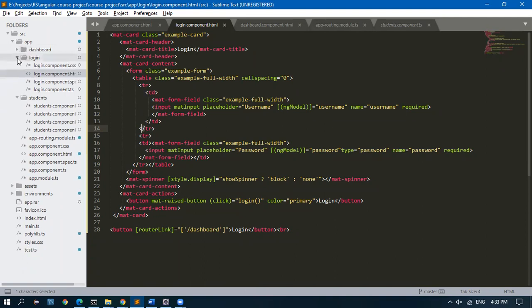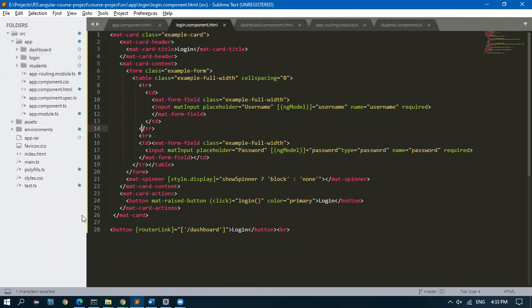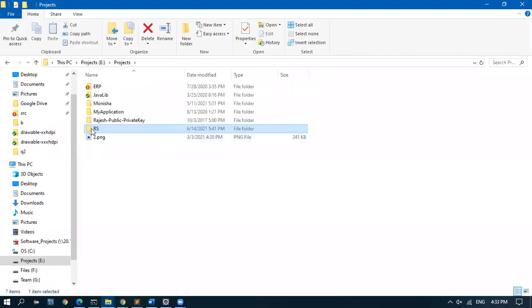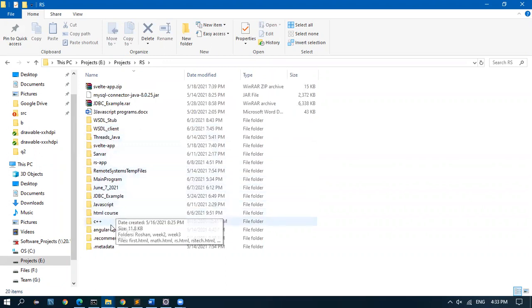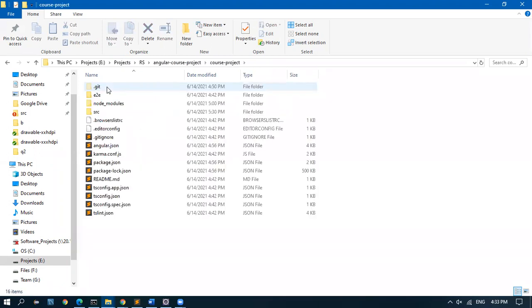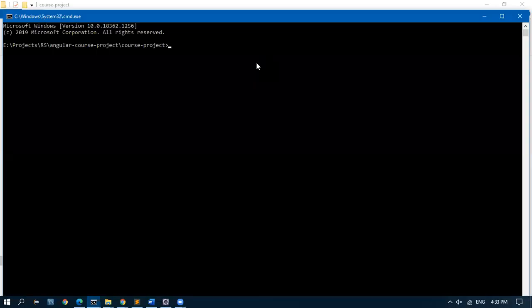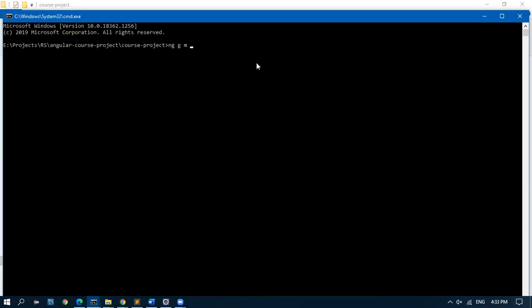So for that, I'm going to create one module. ng generate module, Angular material, or I'll go material alone.